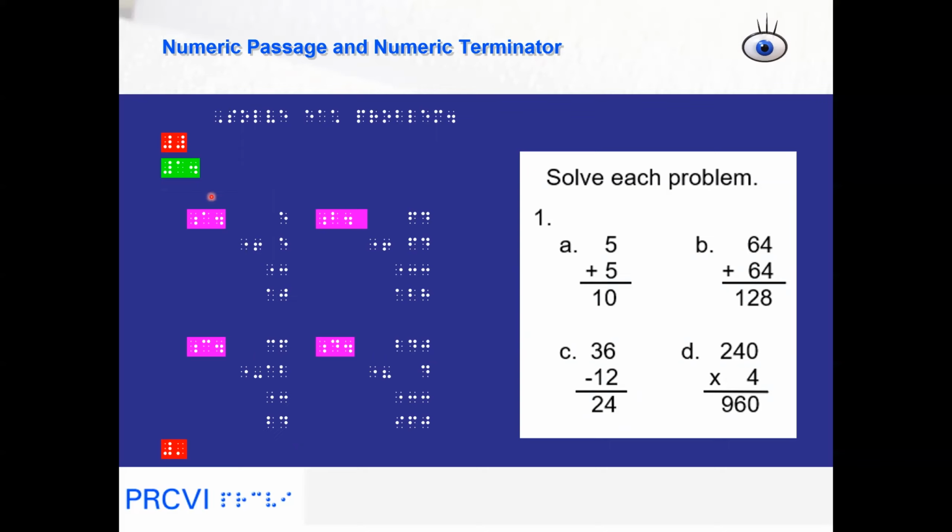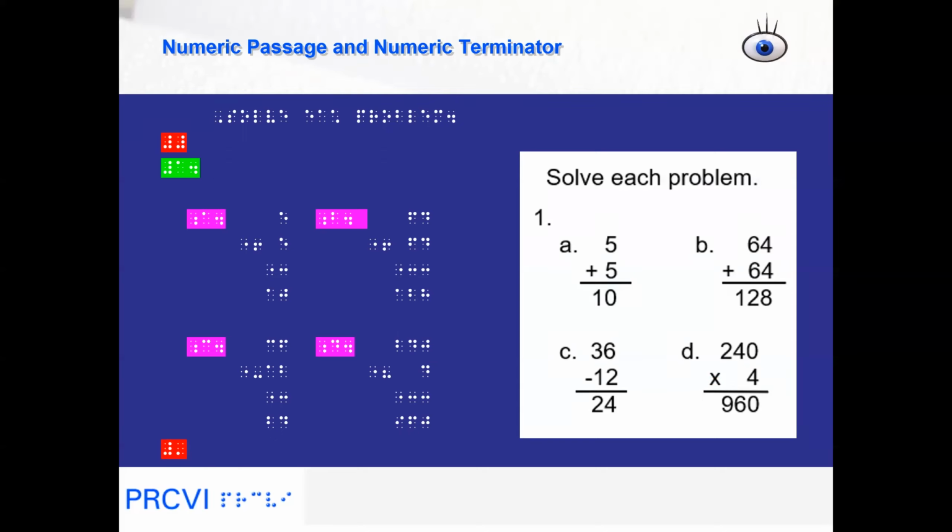A blank line is required before a spatial arrangement, followed by sub-items. Sub-item A is in cell 3. Grade 1 symbol indicator is added before lowercase a, b, c, and d. Grade 1 symbol is dots 5, 6. At the end of the sub-items is the numeric passage terminator, which is in cell 1. I don't align sub-items in 2 columns as in print. I prefer to align them vertically one after another.